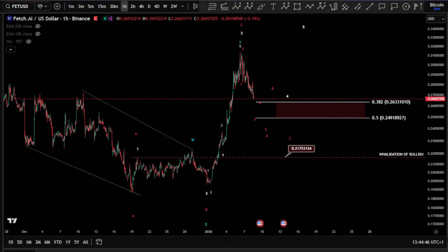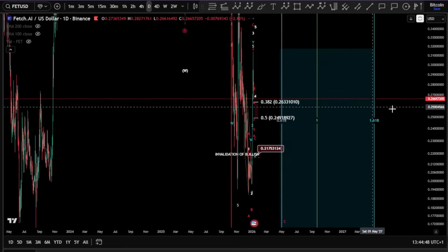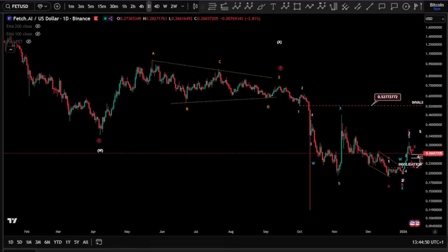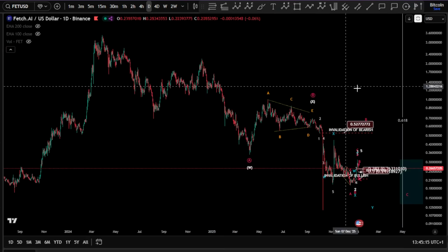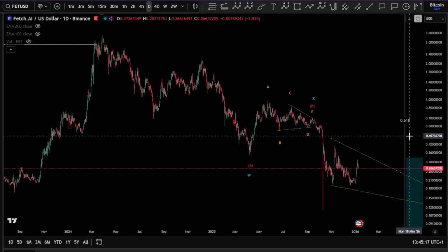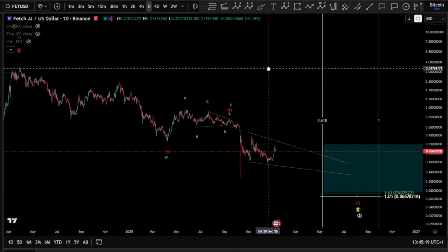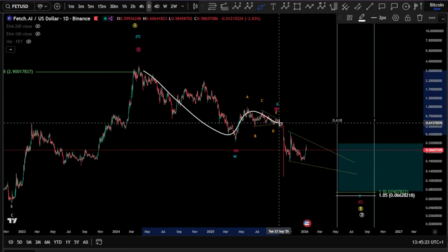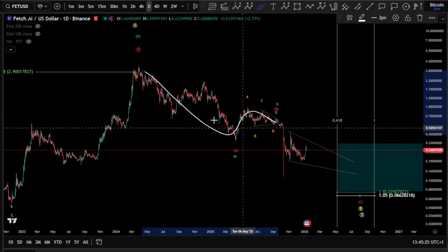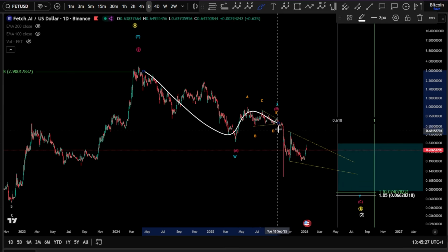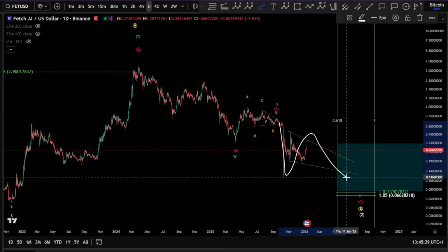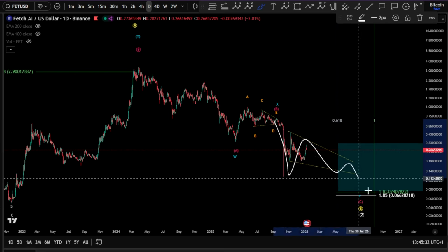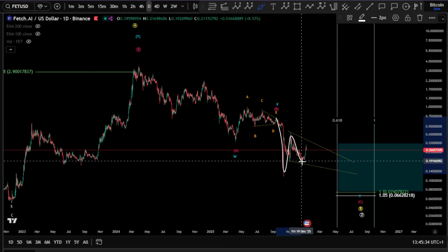Yep, so this is regarding FET as well. In a bigger view for FET, before I move to the final one, on the macro level here we can see also that time is still required for this correction. As I mentioned, to create a balance here after the triangle wave X, we have a W, X, and of course a wave Y might still be unfolding as a flat, as a triangle,